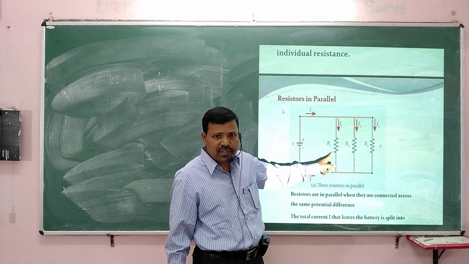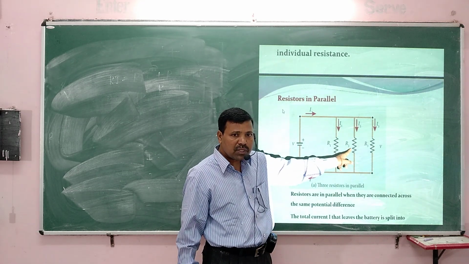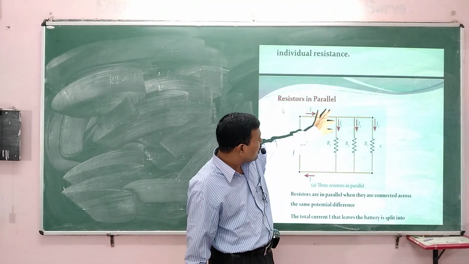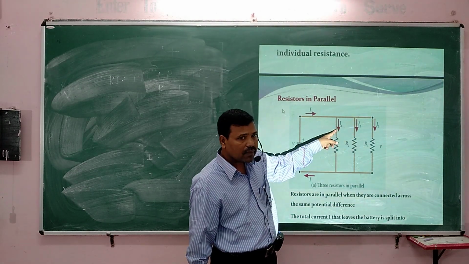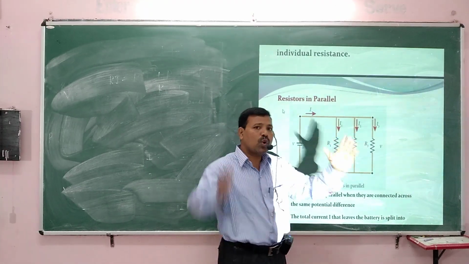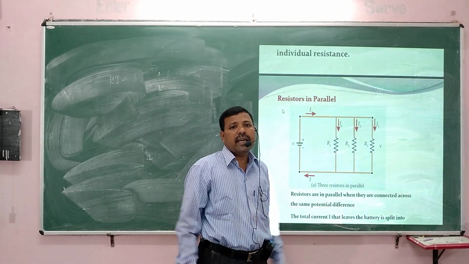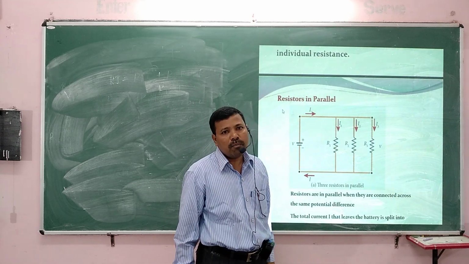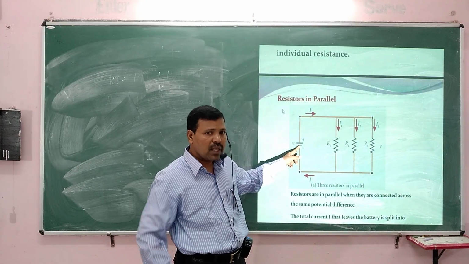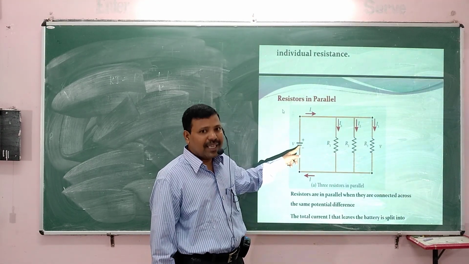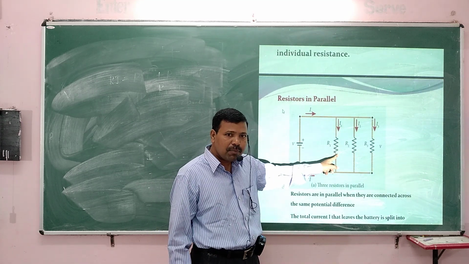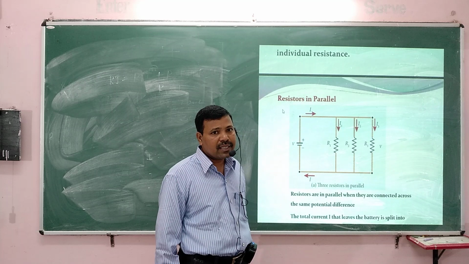Here it may be a refrigerator, here it may be a washing machine, here it may be a tube light, and each one will be provided with a switch. So the domestic circuit is an example of parallel combination of resistors. But here a DC source is used. There in the domestic circuit, an AC source of electricity is used. Here DC current is supplied. There AC current is supplied.